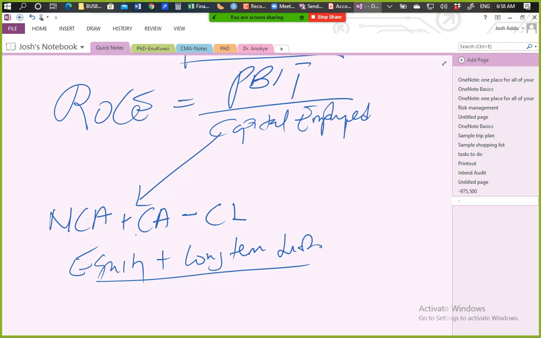That's the formula. So if you want to rewrite it, ROCE,